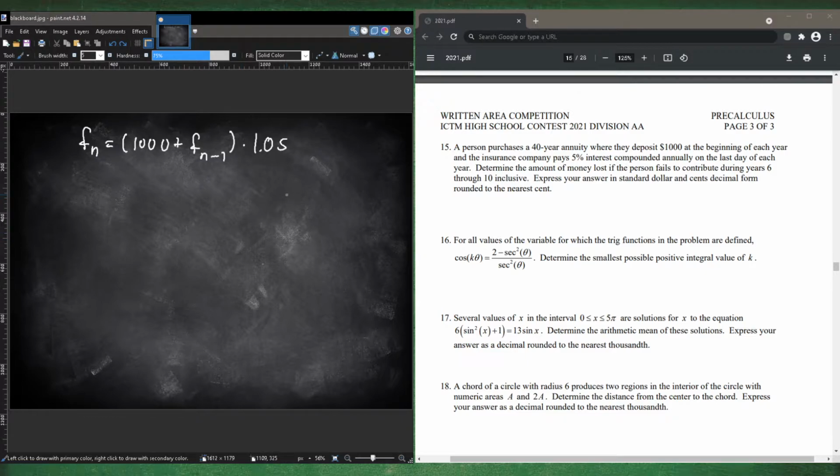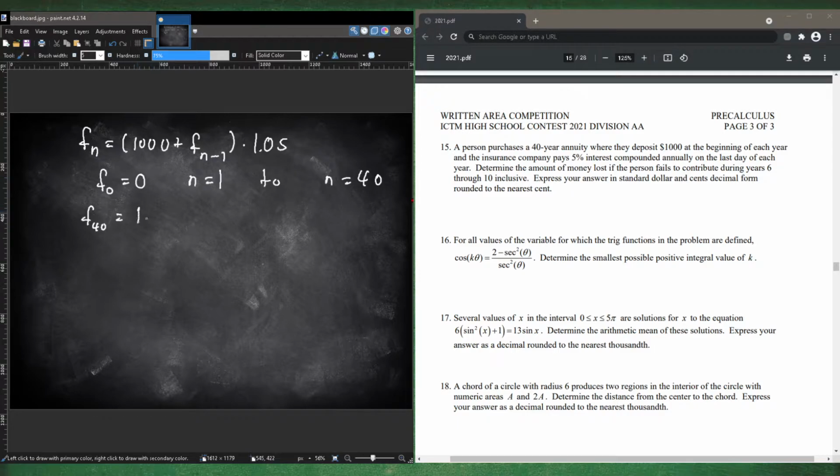For 5% interest. So you're going to start at $0. So f of 0 equals $0 because you start at 0, which makes sense. And then n equals 1 to n equals 40. Because you're going to start at 0, 1. And since it's a 40-year annuity, you're going to end at 40. And then when you plug this into your calculator,